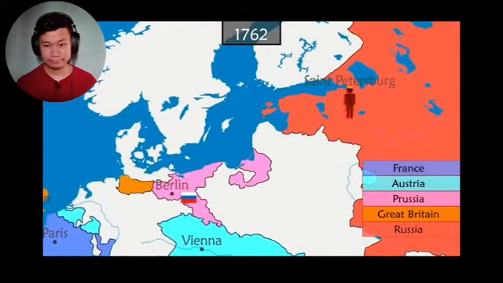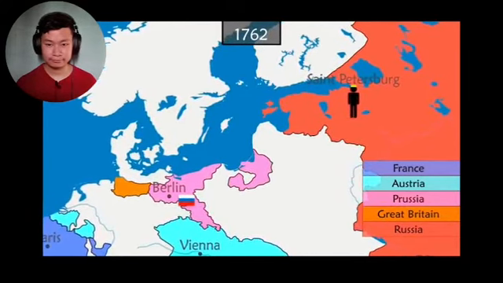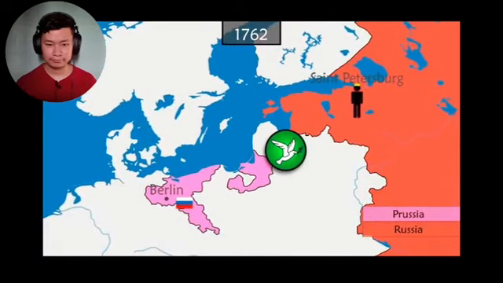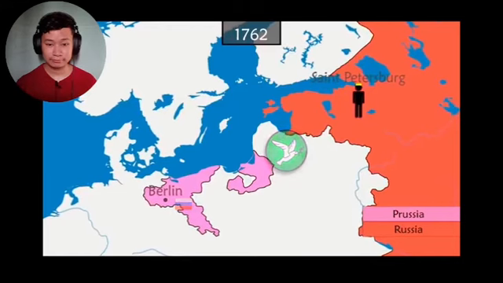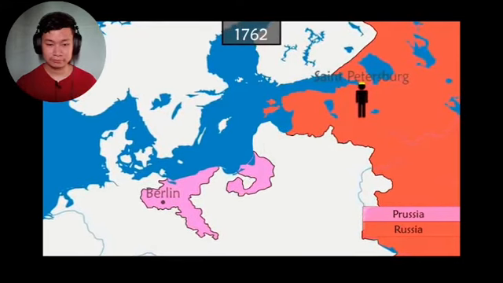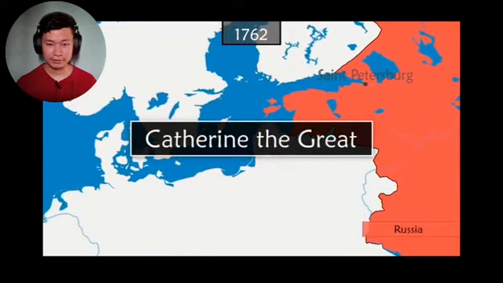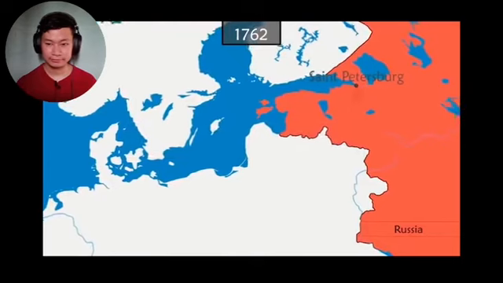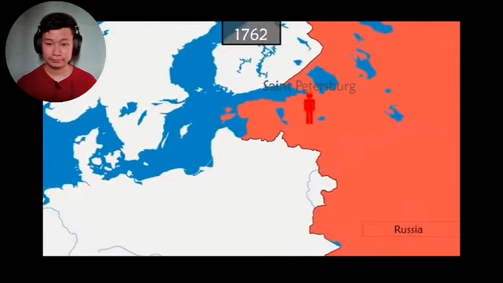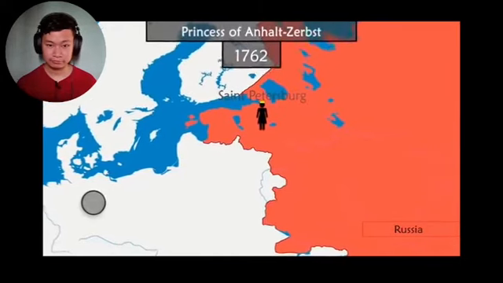Her nephew, Peter III, comes to the throne and, being a great admirer of Prussia, immediately stops the war. In spite of the enormous losses, he returns all the occupied territories to Prussia without compensation, which does not go down well in Russia. A few months later, Peter III is the victim of a coup d'etat fomented by his own wife, Catherine, who seizes the throne despite her German origins.